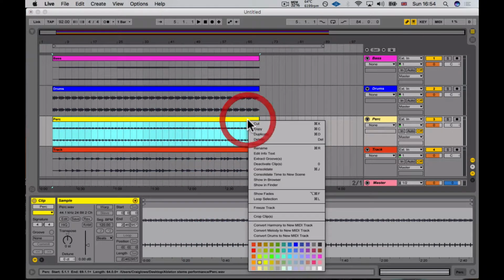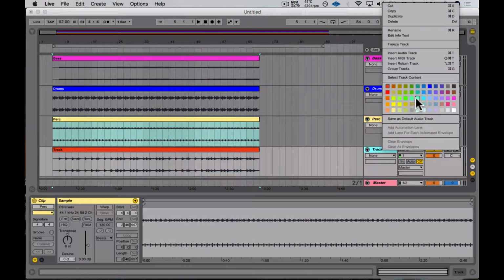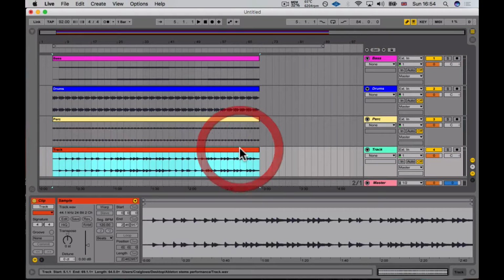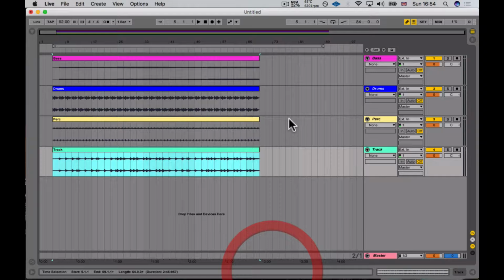Oh, wrong one there. This guy. The last one, maybe like a kind of pastel color there. Nice. Okay, so now we've colored up our individual tracks and labeled them